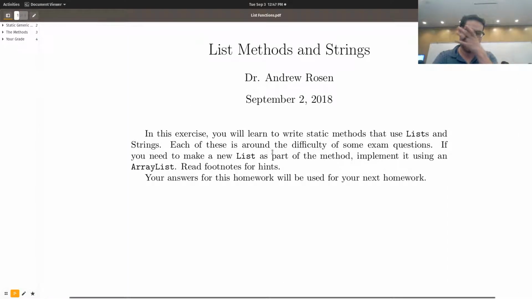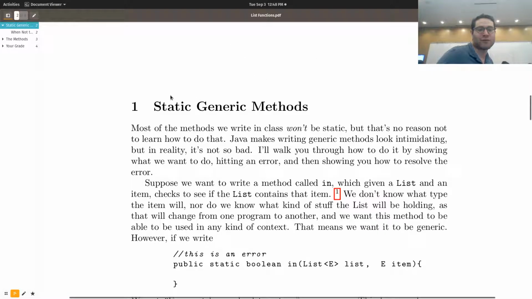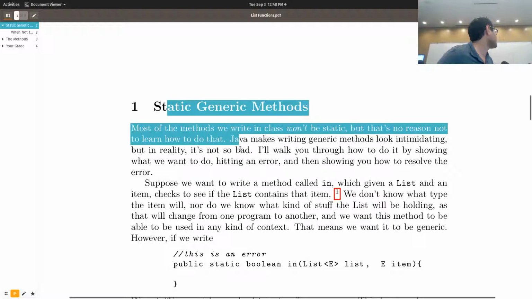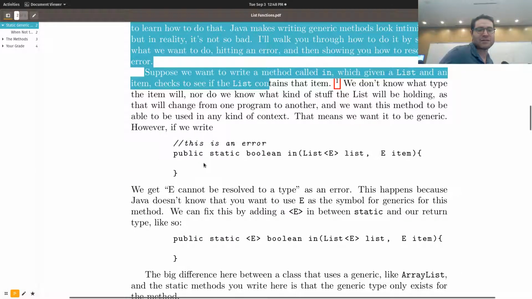So in this exercise, you're going to write static methods that use lists and strings. You're also going to use generics here. And generics is actually the hardest part, I feel, for some of the students. I have a nice write-up on how you write these generic methods over here,